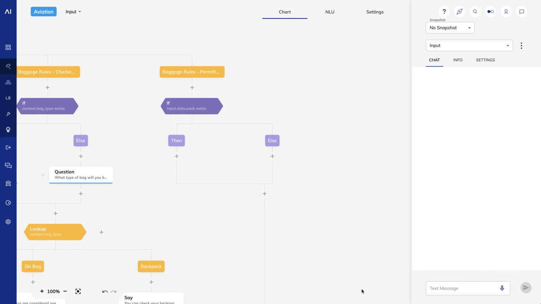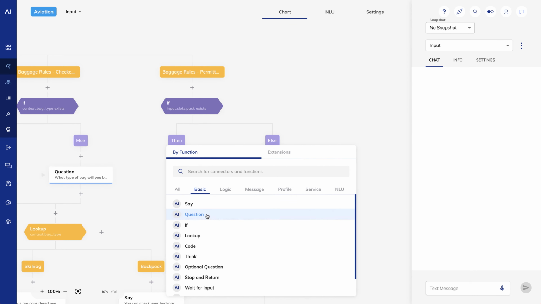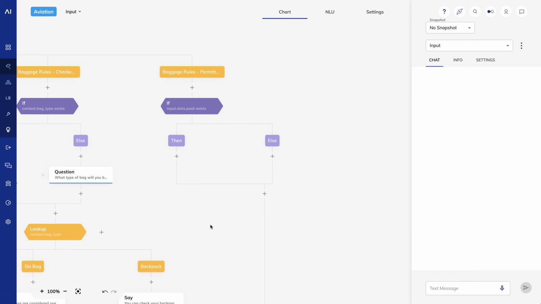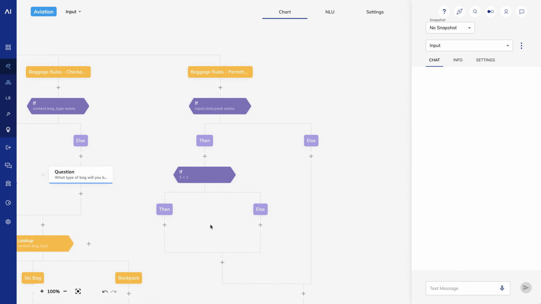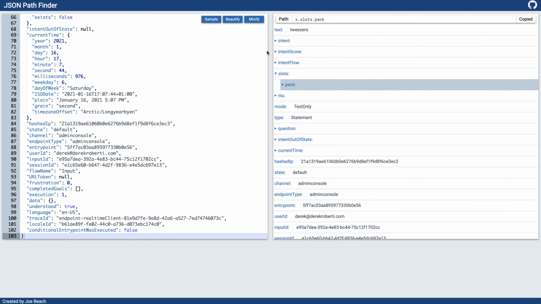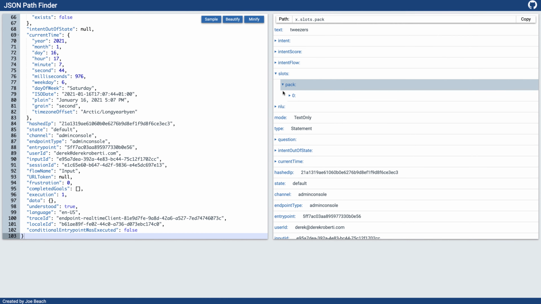I'll check to see if carry is true, and if so, let the user know. I'll repeat that for check. I'll create an if node, and for the condition, I want to see if carry is true. In my Pathfinder, I'll drill all the way down into my data branch and click carry.